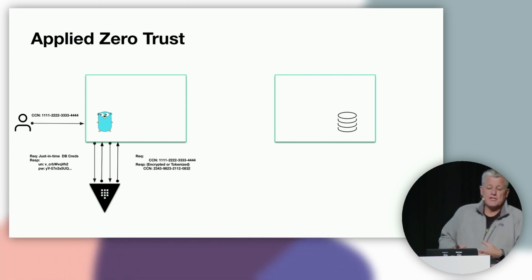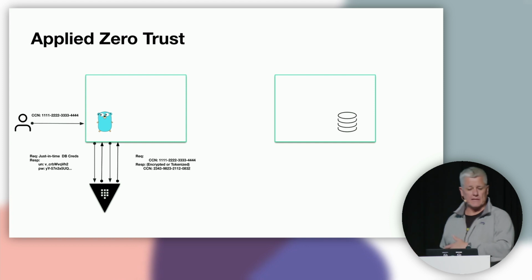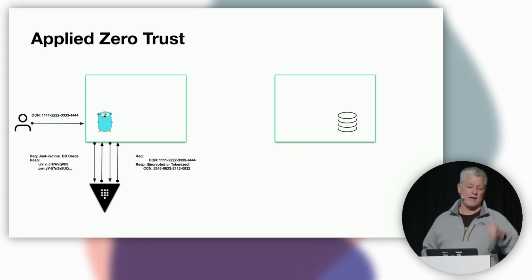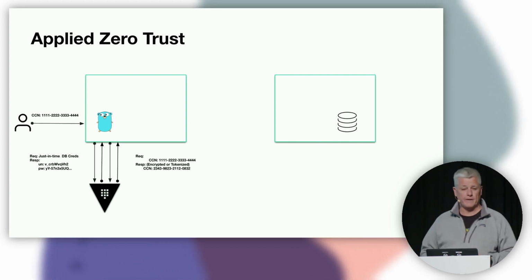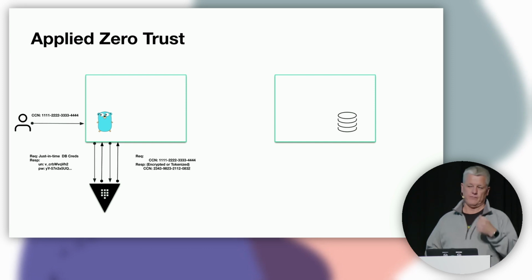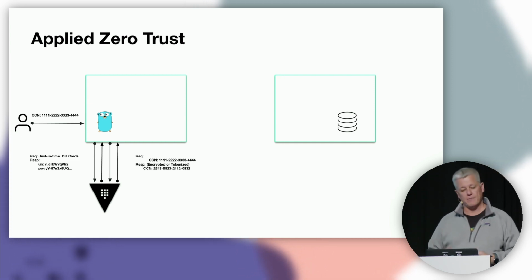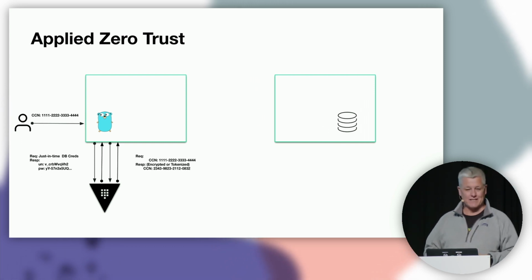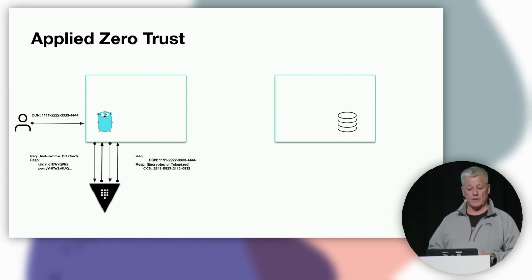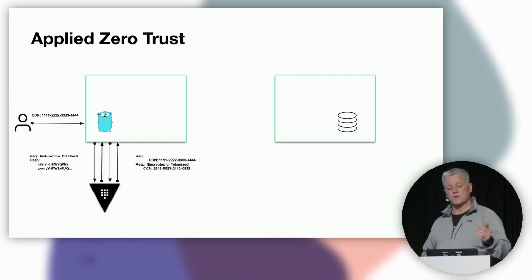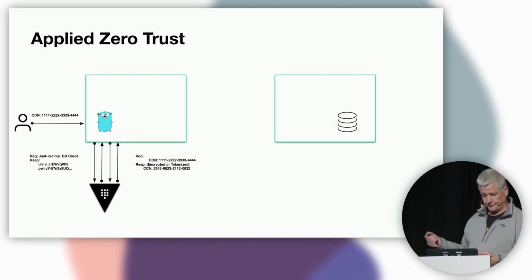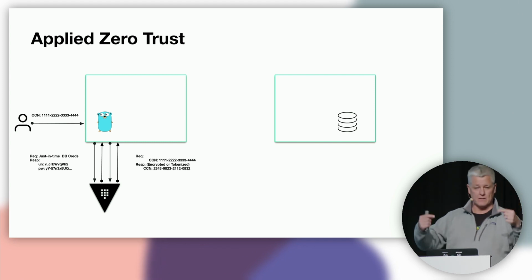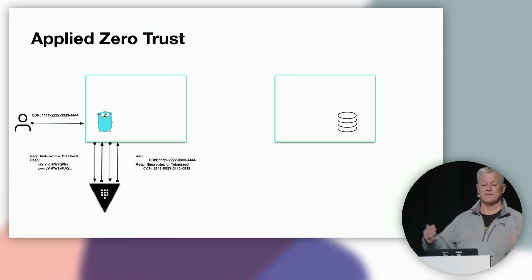Then, now that the application has this encrypted credit card, it wants to write it into the database. The application says to Envoy, hey, Envoy, I need to connect to database B1. And Envoy goes, okay, Consul, does the application have access to database B1, or is it allowed to? Yes, it's allowed to. Let's get that communication going. So the transaction goes through the Envoy proxies to the other side. And now we've got, inside this communication, a TLS tunnel with encrypted data in the tunnel. So you're basically double protecting yourself, as it were.